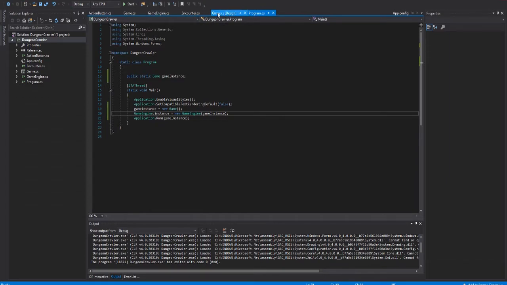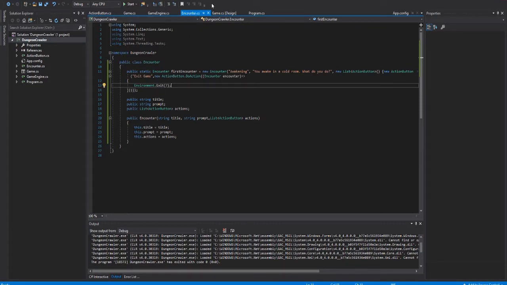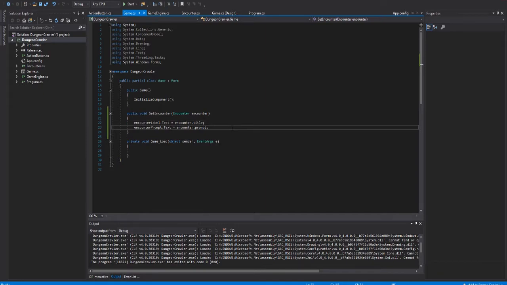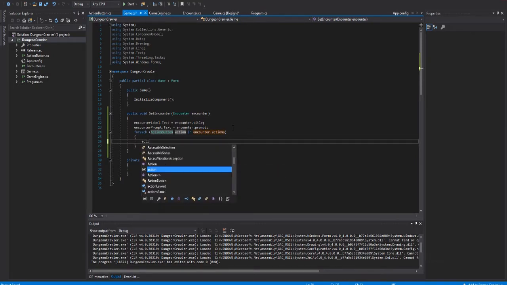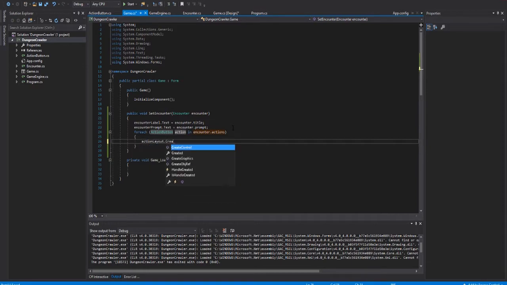So yeah, wherever we process our encounters, that would be in game here. So when we set the encounter, we're going to want to do a for each action button. We'll just call that action in encounter.actions. We are going to want to get our, what did we call it? Was it action layout dot create control